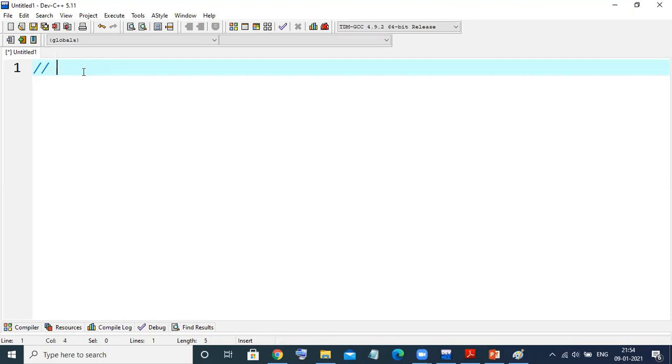Now we already learned the concepts of one dimensional array as well as two dimensional array. If you don't have any idea, please watch my videos on arrays. Now the program is to find out the sum of all elements. First we need to enter n elements. Then we have to display the sum of all elements.